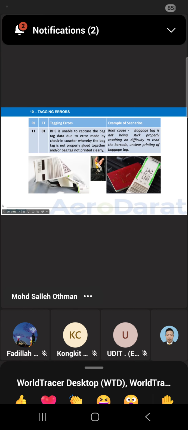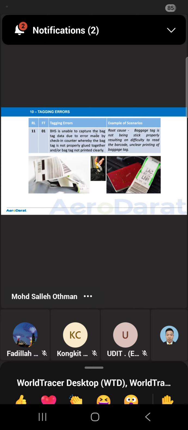Okay. We will go one by one for the RL. Number 10 is tagging error. Code 10. For RL11, reason for loss 11, port terminal 01, tagging error.